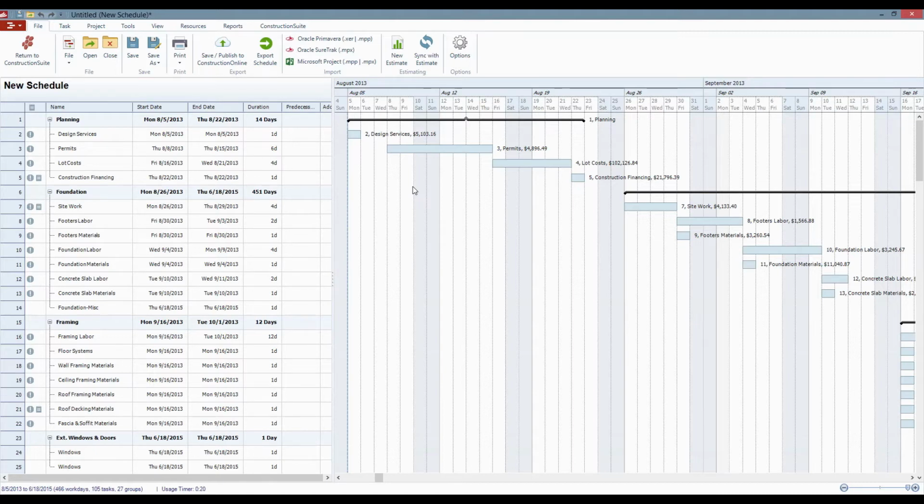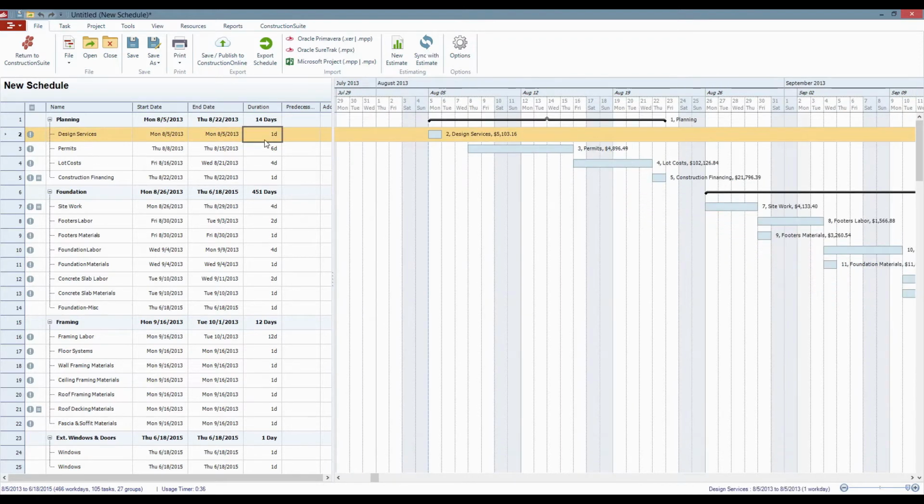This is all coming from the estimate itself, all of my start dates and my durations. But of course, in this case, some of it's going to change. The information is going to change here. So at this point, same as with the template, now I'm going to go through and I'm going to start mapping out some of the better details. Design services, this typically takes a little bit longer. The architects aren't wizards. They can't finish the plans in a day, so we'll give them, let's say 7 days